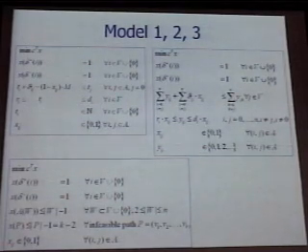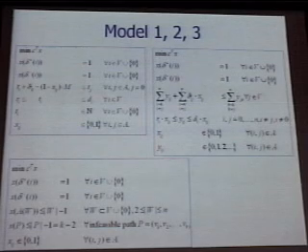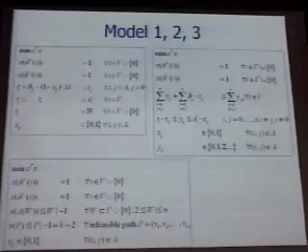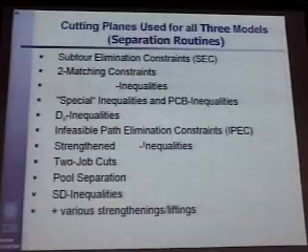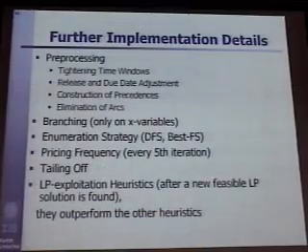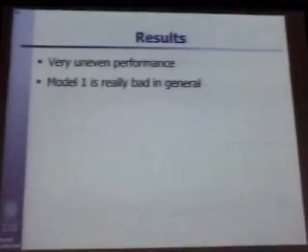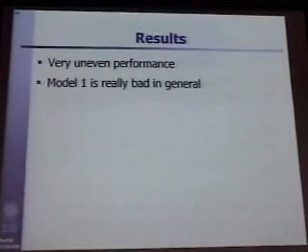And so what we did is, we made a thorough investigation of the suitability of these models for practical problem solving. Of course, theoretically, they're all the same. The problem is NP hard, so from the asymptotic analysis, they are all difficult. And we used all the machinery that we know and threw it all in. And the result is extremely uneven performance. The first model, without telling the detail, was really bad. It was hopeless to use this.